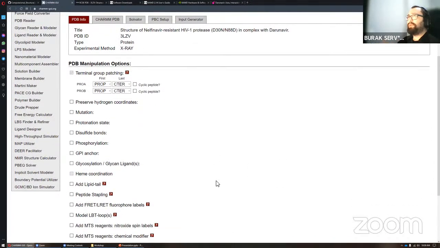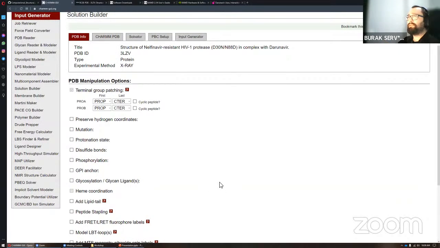Now in this part we have a lot of options, but the first one is about the start and end point of the chain. And for PROA, first we can decide our start point and end point for the chains, and the N term will be this one, and the C term will continue like that. By the way, we cannot disable this part because CHARMM-GUI or NAMD must know the start and end point for the chain. And when we check the next option, preserve hydrogen coordinates,